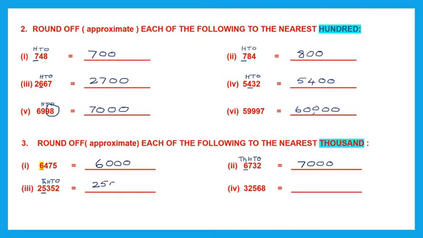There are 3 digits, so 3 zeros. 1, 2, 3. So that's become 25,000. Question 4, we have